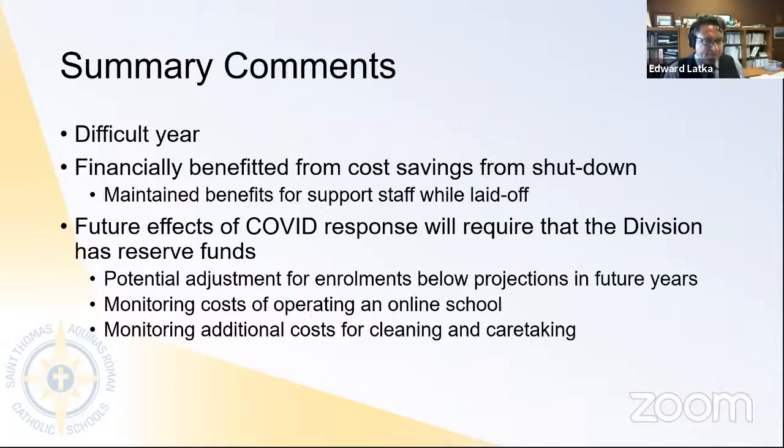The last thing with regards to financial statements that is probably the most important for me and the staff in financial services is that the financial statements have an unqualified audit opinion, which means that they are free of any material misstatements. So there are no errors that will significantly affect the interpretation of those financial statements, as well as they comply with generally accepted accounting principles for public sector entities. So I'm very pleased that we've come through the audit process with that clean audit report for the board. And that is all I have in terms of presentation on behalf of the Finance Committee.